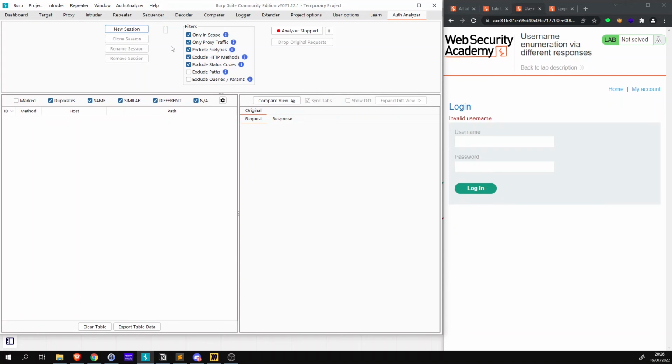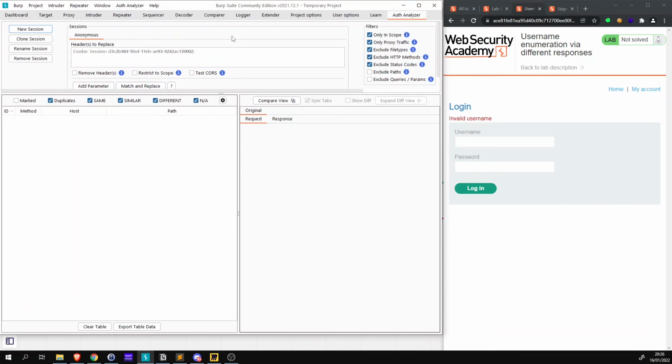So what you would typically do with Auth Analyzer is you'd create a session for every single user role. So you'd have one here for anonymous, you'd have one for normal user. And then what you do is, if you were anonymous and you had cookies assigned to you, or you had an API key, you would add that into here